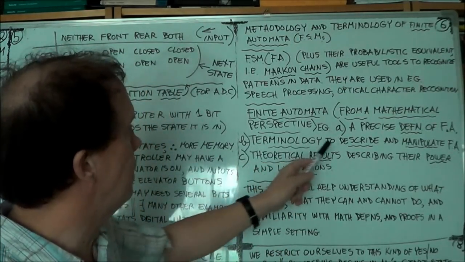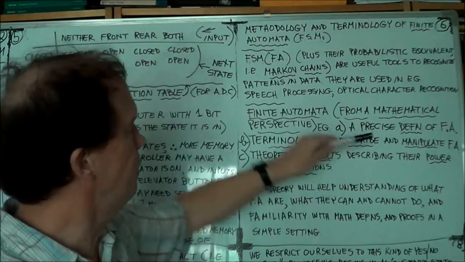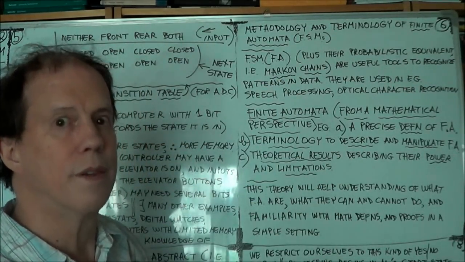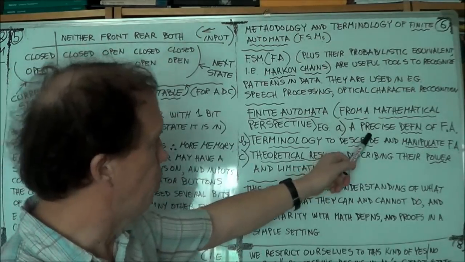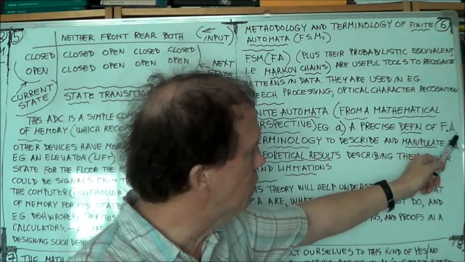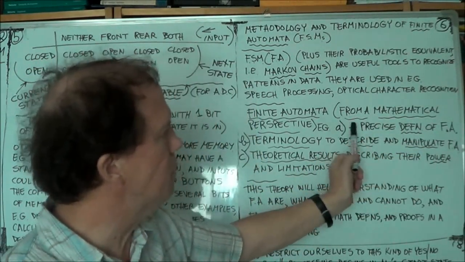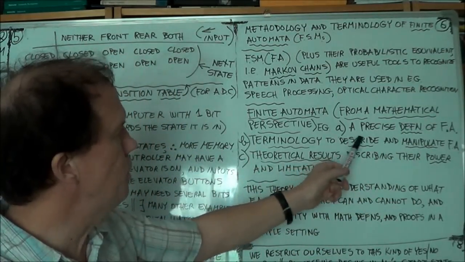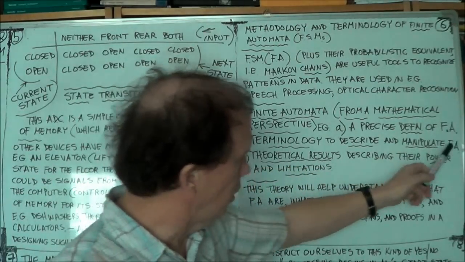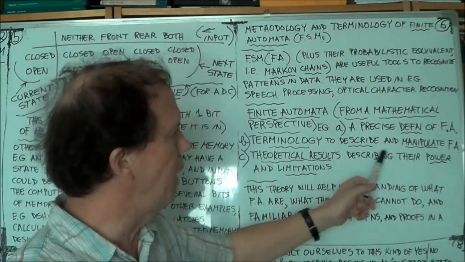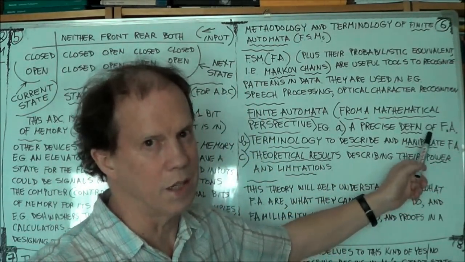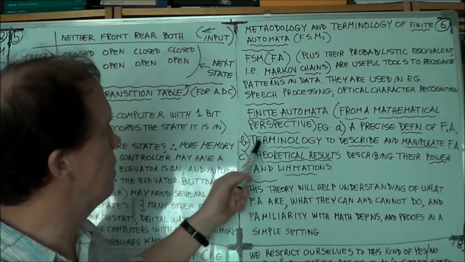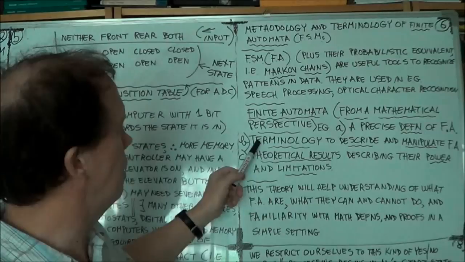Okay, so what will now follow in the next few sessions will be a precise definition of what a finite automaton is, an FA. So we'll give an actual definition of what it is. We'll introduce terms to describe what an FA is and how to manipulate, how to change states and whatnot in a finite automaton. Okay, so definition, terminology,